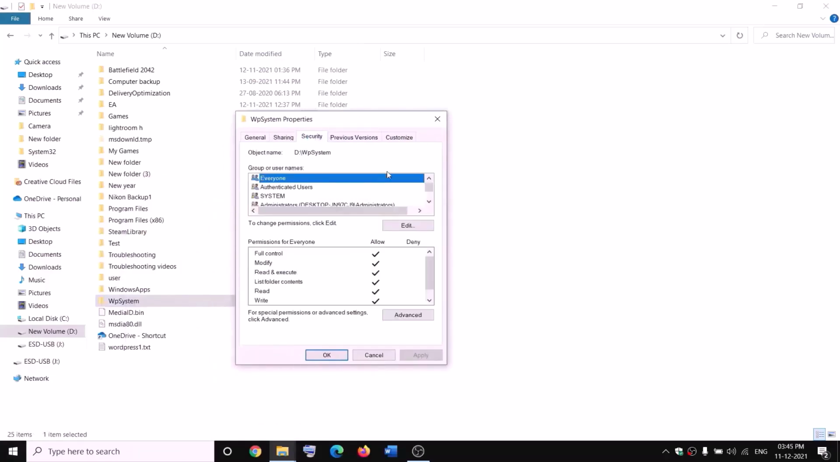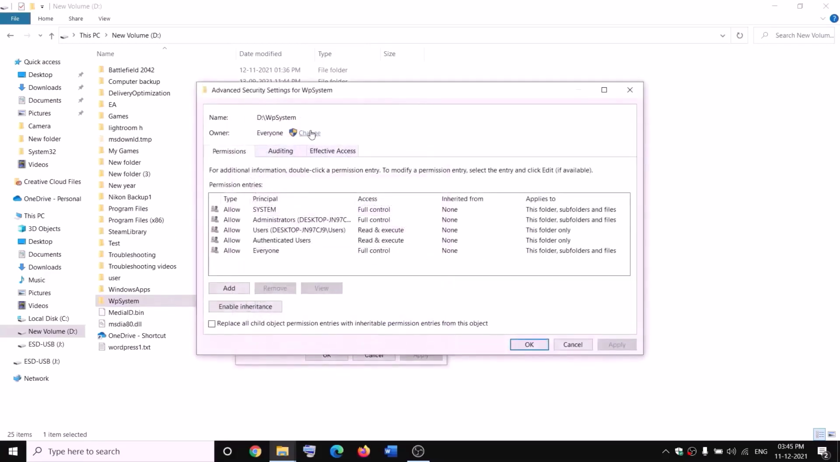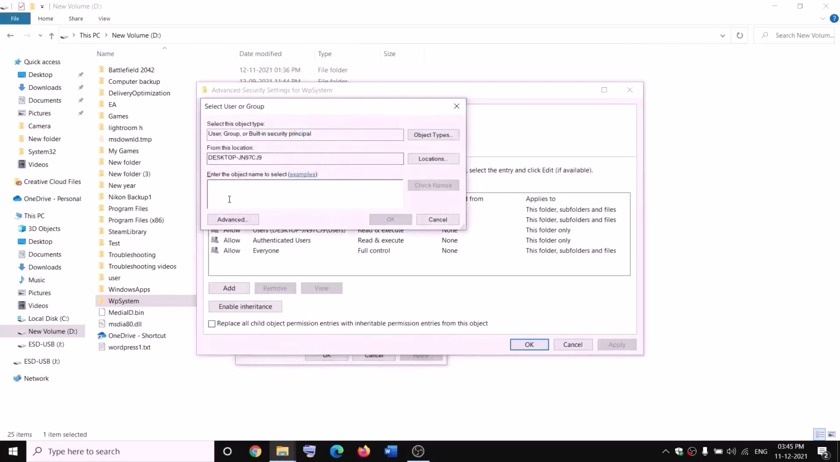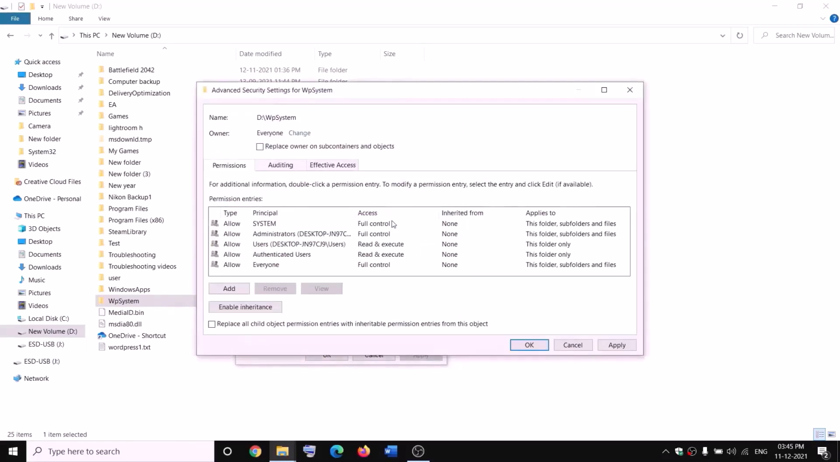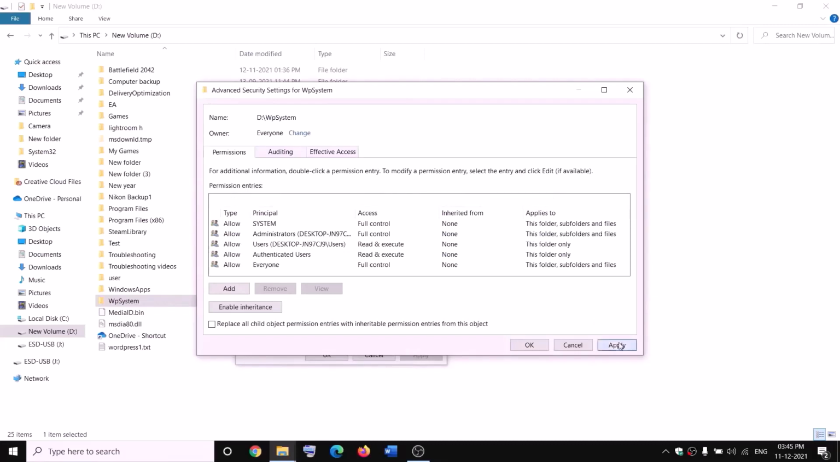We will go ahead and take the ownership of this folder. So go to security tab and then click on advanced. Now click on change over here and then type in everyone over here, and then click on check names, then click on OK. Now put a check on the box which says replace owner on subcontainers and objects, and then click on apply,